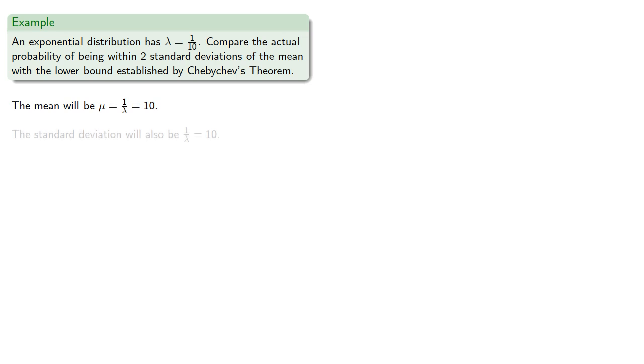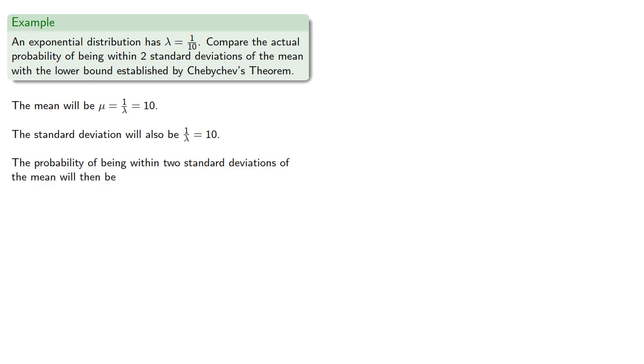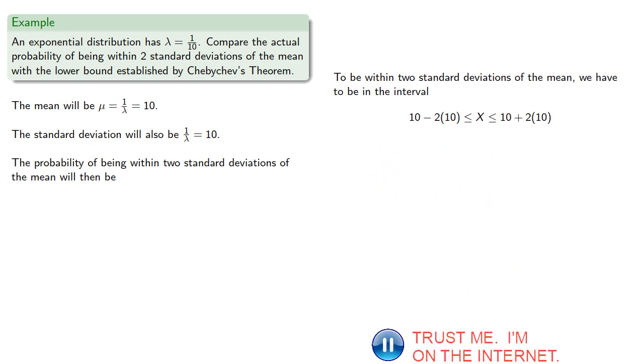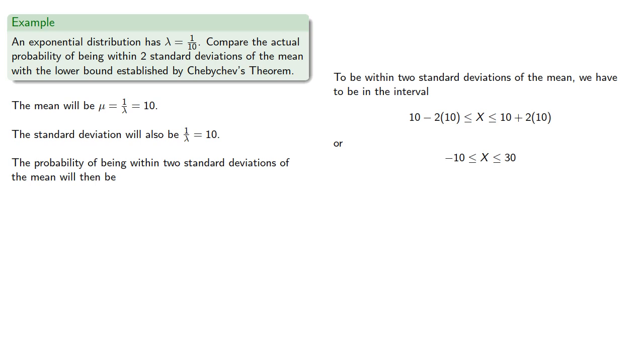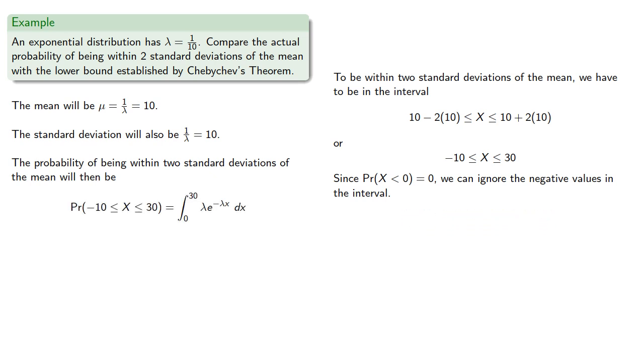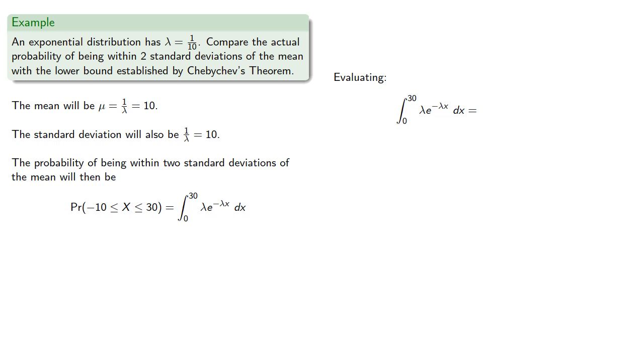The standard deviation will be the same, and so the probability of being within 2 standard deviations, well, in order to be within 2 standard deviations of the mean, we have to be in the interval from, or doing the arithmetic, that puts us between minus 10 and 30. But remember, the probability that X is negative is going to be 0, so we can ignore the negative portion of the interval. And so this probability is the integral from 0 to 30 of our exponential distribution, which will be